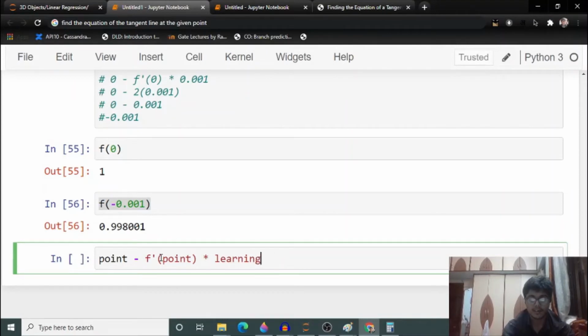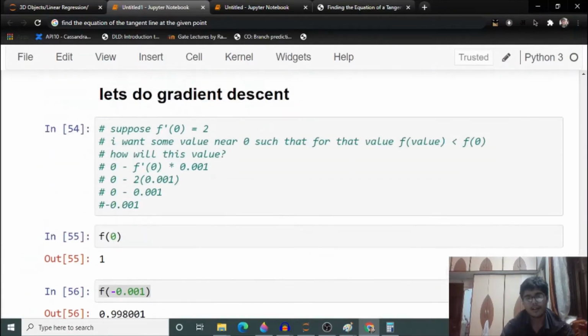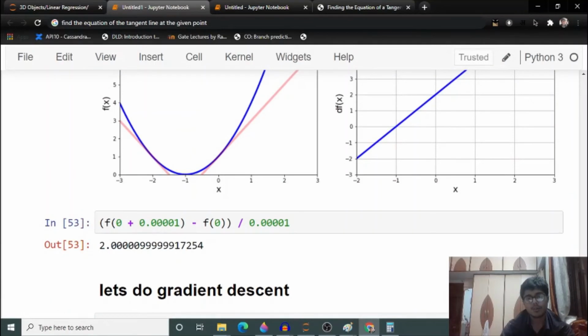About the learning rate, I will just put this comment in, guys, so I won't get errors. If you do this 100 times, 200 times, eventually you will reach the situation where your derivative is 0.